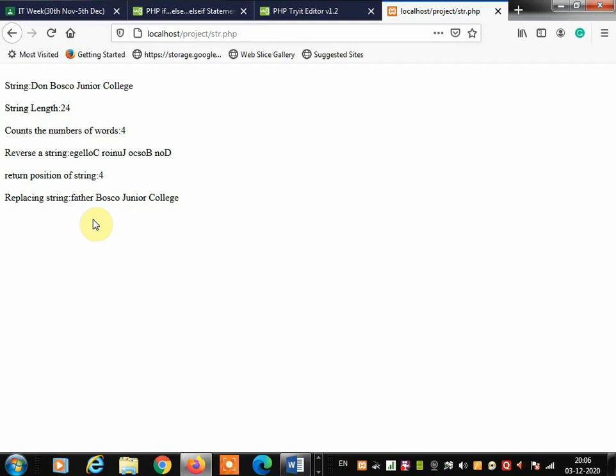Just now I showed you some PHP string functions. The remaining functions you can use by typing the name of the function and the string. For example, substr returns a part of a string. The strtolower function converts a string to lowercase. The substr_count function counts the number of times a substring occurs in a string. The ucwords function converts the first character of each word in a string to uppercase. And the last one, the trim function, removes whitespace and other predefined characters from both sides of a string.